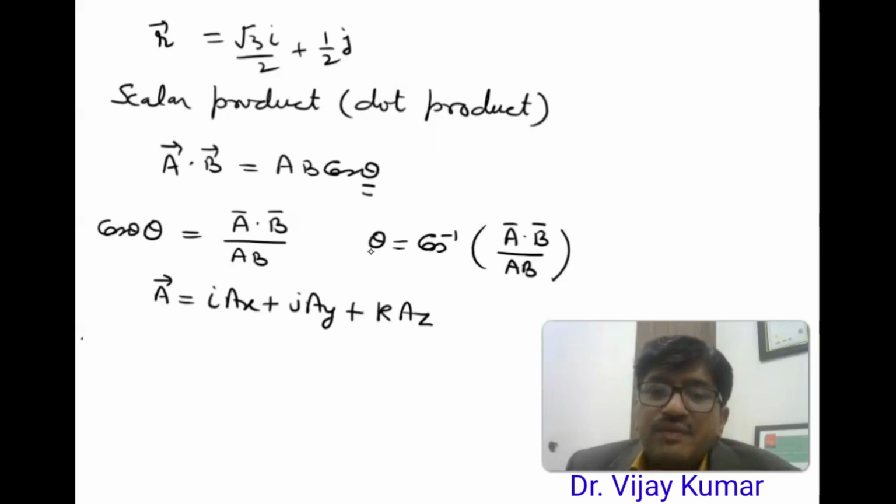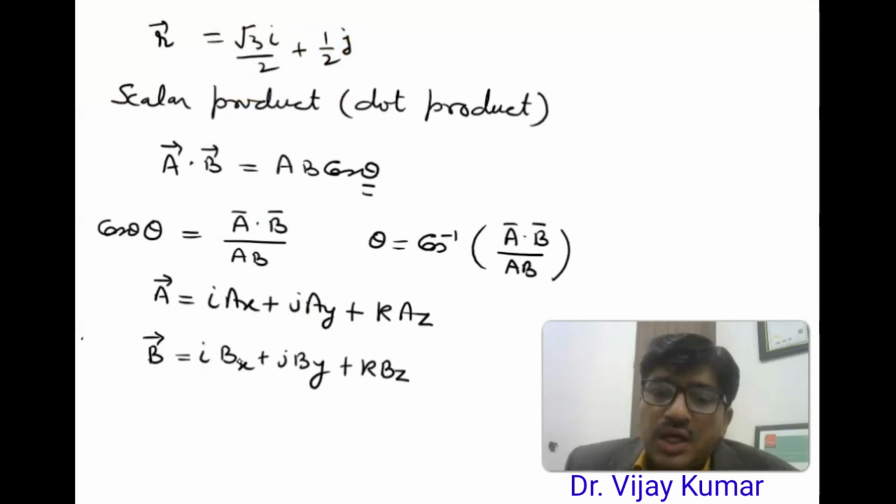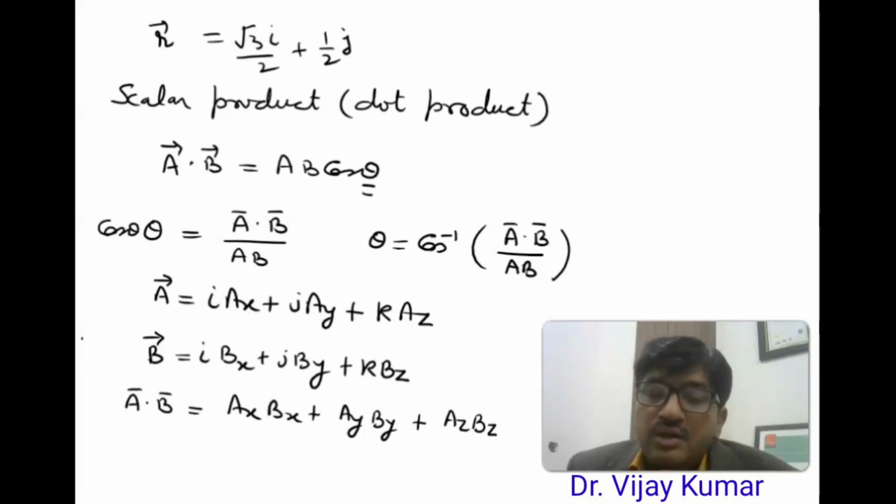B vector should be IBX plus JBY plus KBZ, and A dot B should be AXBX plus AYBY plus AZBZ, and cos theta should be